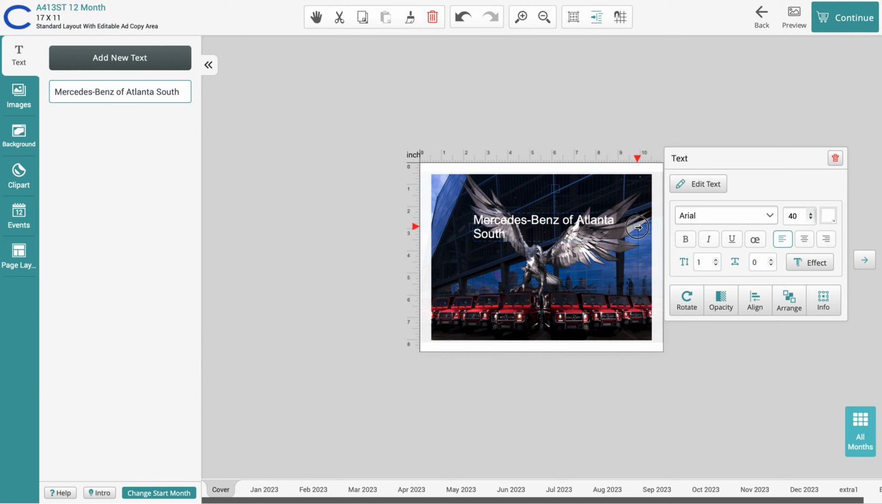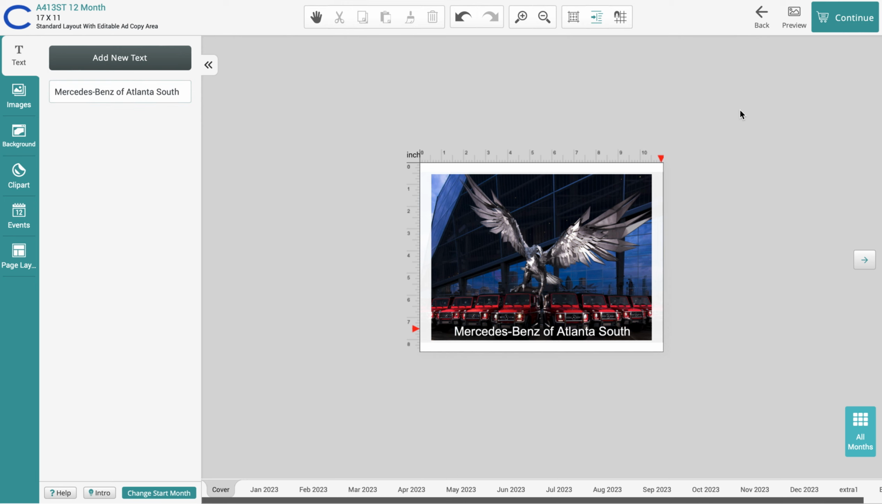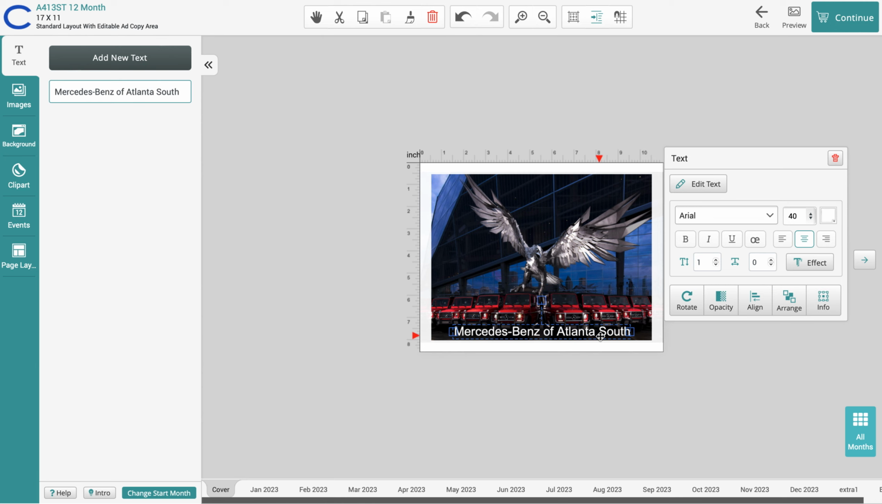I want this on one line, so I'm going to drag my handle for the text bar. I'm going to center it and leave it be. Now, however, if I want to change that font or the font size, I can do so by clicking on the text,